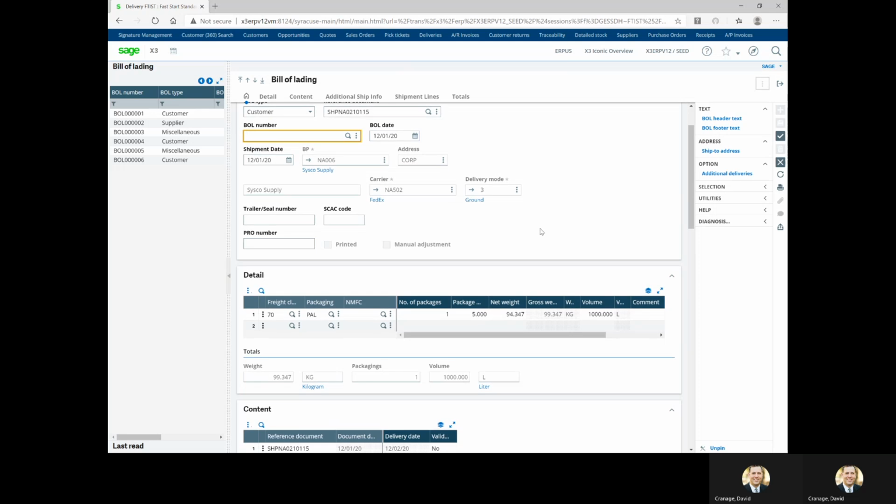using a sequence number. Sequence numbers, for those of you who have not come across them yet, are templates that have logic built behind them to define what a number is going to look like. And that could be anything from a quote or an order or an invoice number to a product number to a bill of lading number. Again, it's pulling all that information in for me. I'm going to go ahead and throw a pro number in here that I've just written down,